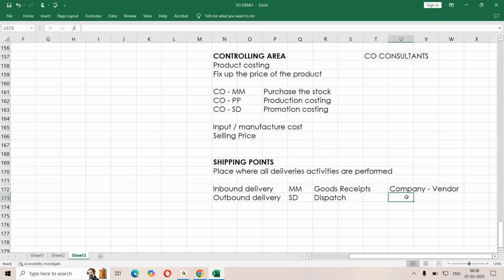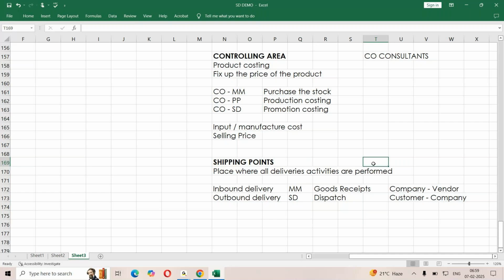Outbound deliveries are handled when a transaction is done between the customer and the company. The customer will place an order with the company and the company will dispatch it. So we deal with goods issue. That is what the shipping point is going to be handling.